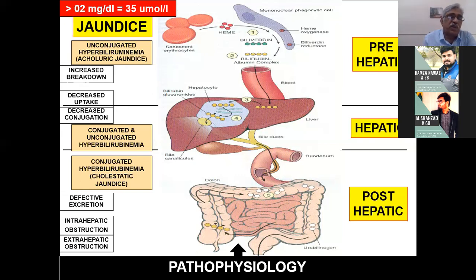For example, I told you yesterday as well, with a hematoma, when a large amount is resolved and enters the blood, the heme portion can give some level of raised bilirubin in patients who have large hematomas. So there's no need to worry about even a little increase of bilirubin, whether it is because of decreased uptake because of enzyme deficiencies which are congenital or genetic disorders, or decreased conjugation, as I told you yesterday, like Dubin-Johnson syndrome or Rotor syndrome. So interference into conjugation or uptake or breakdown, forget about that. Mostly they are not your problem related to hepatology. But more so it is the